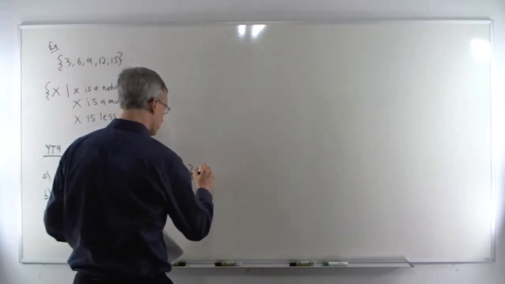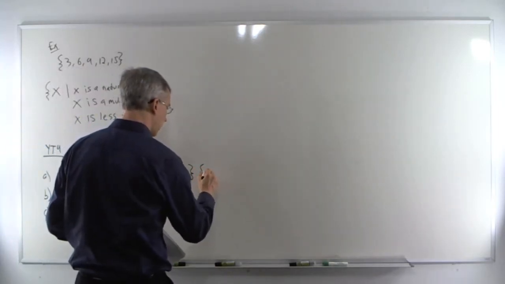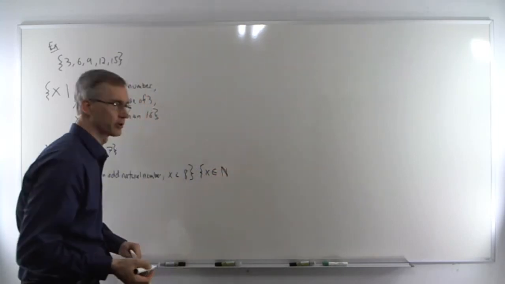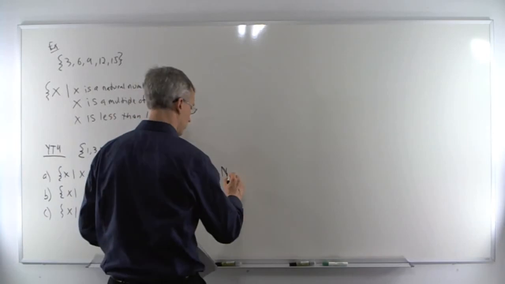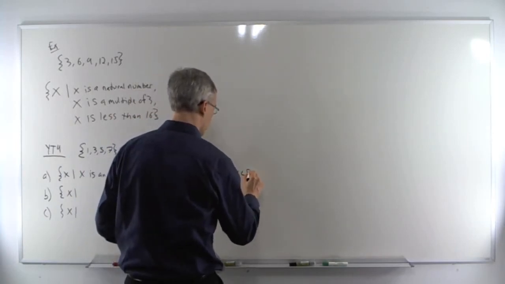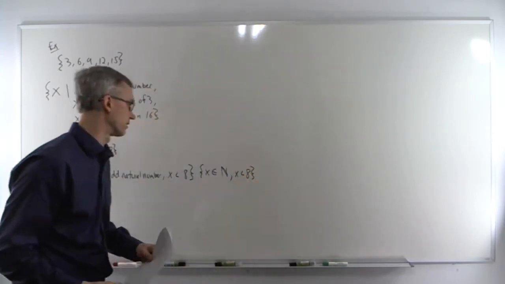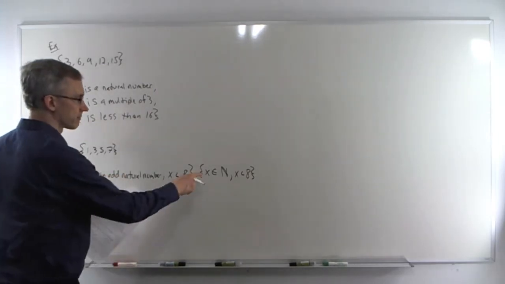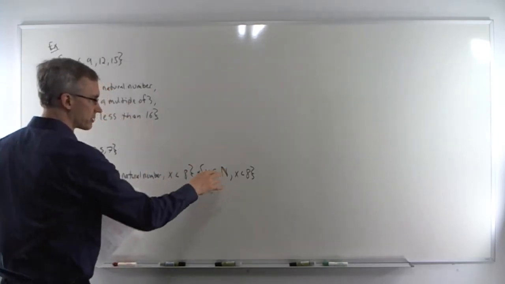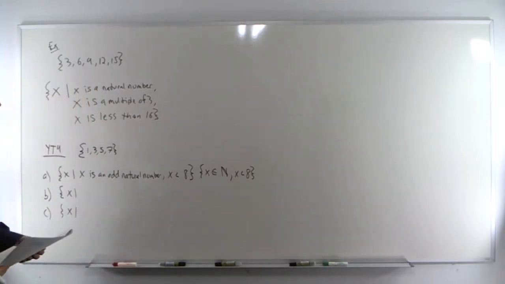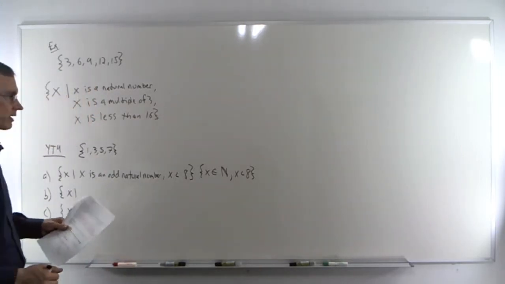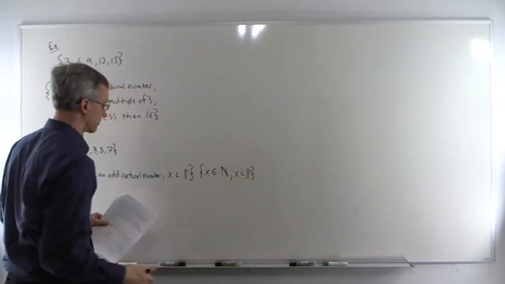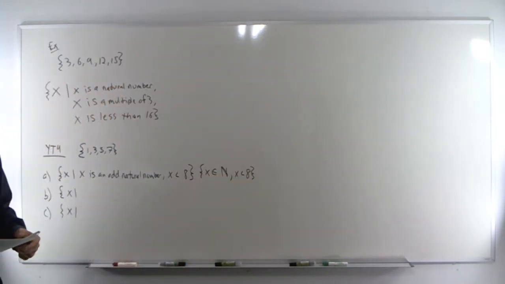You don't have to do it this way, but you could say x is an element of the, there's a symbol for the natural numbers, and x is less than 8. So it's okay to write it out in words if you'd like, or you can use the symbols like this if you feel comfortable using these symbols. So this is read, x is an element of the naturals, x is less than 8. Next one,